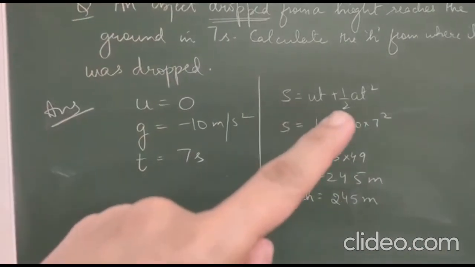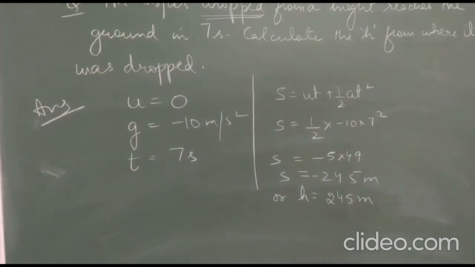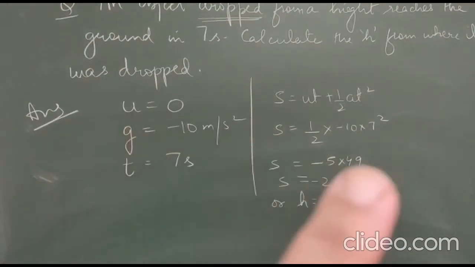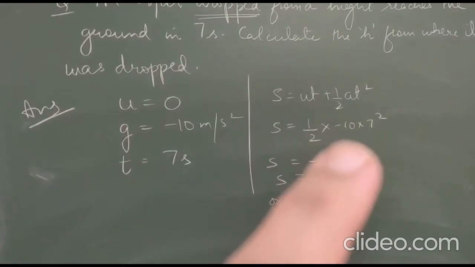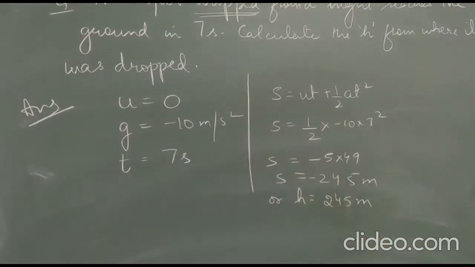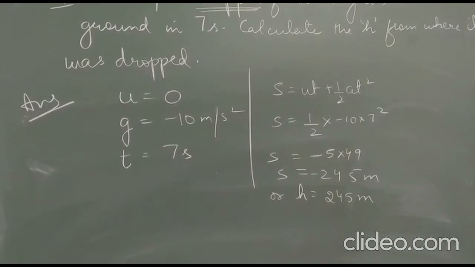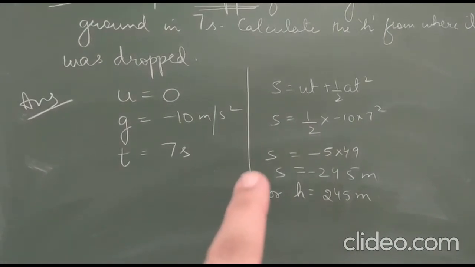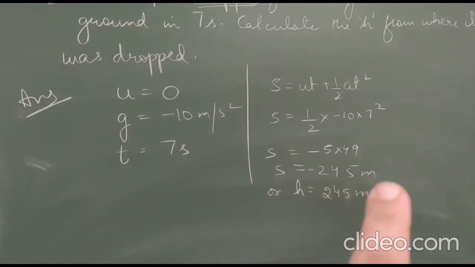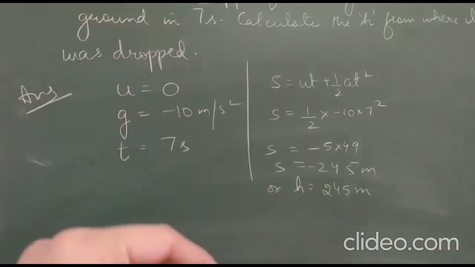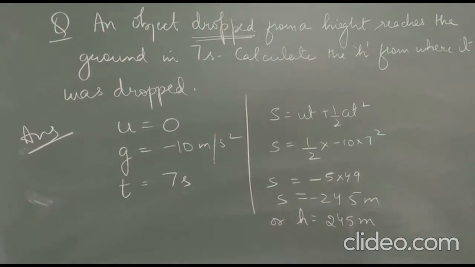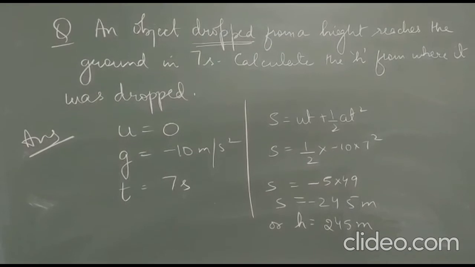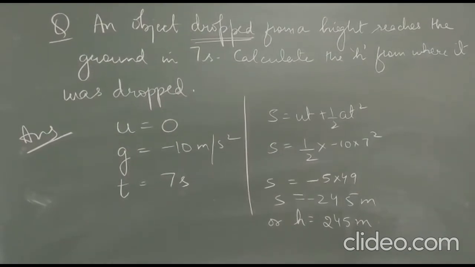Okay, so I take the equation s is ut plus half at square. The ut term goes 0 because u is 0 here. So we are left with only half gt square, or half at square. In place of a we put the value of g, -10, and in place of t we put 7. So it becomes displacement is minus 245 meters. Negative here is indicating that the object is moving in the negative y direction, downwards. Okay, and you have to calculate the height, so I have simply written the magnitude of this displacement,